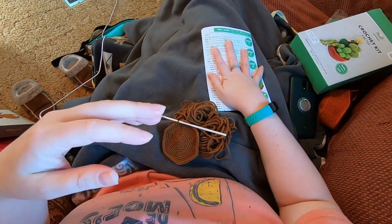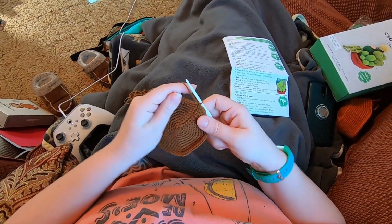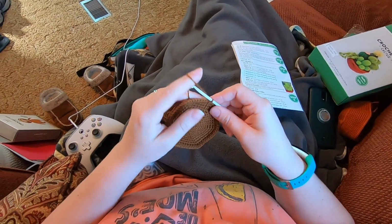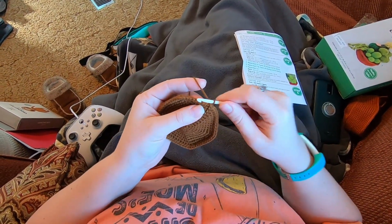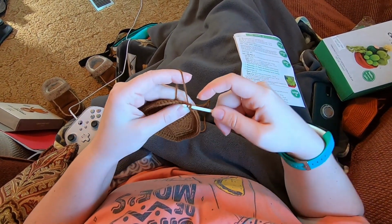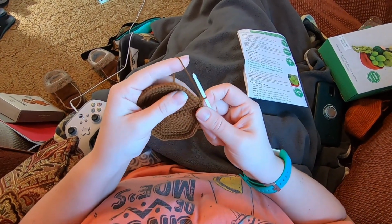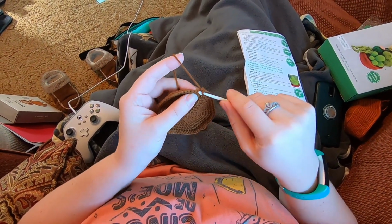So we're starting with round 12, and we are just going to chain 1, single crochet in the next 10, and then increase. So chain 1 and then single crochet. So insert, yarn over, pull up a loop, 2 loops on the hook, yarn over, pull through both loops on the hook, and then I'm tightening down like that. So that's 1,